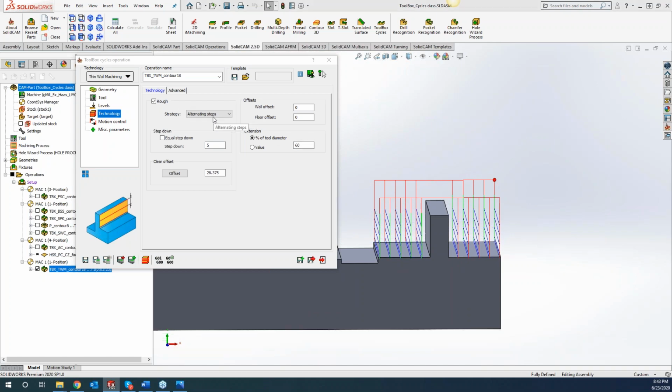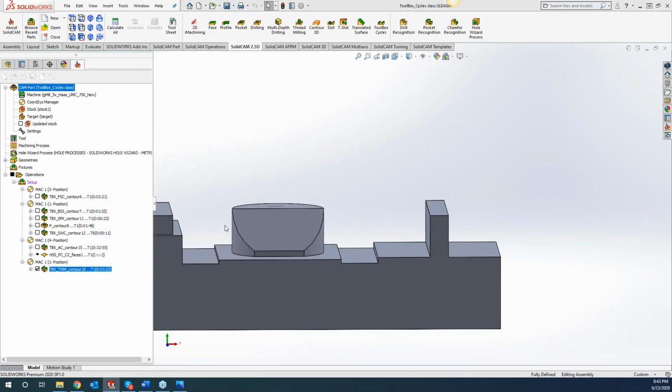But if you don't like that, we can do supporting steps here, and this will kind of set it up as a step out going down right there. The geometry isn't really set up for it, but you could do that as well. But for this particular one, we want to alternate it so we're not focusing any heat on there. And if we go ahead and play this through,